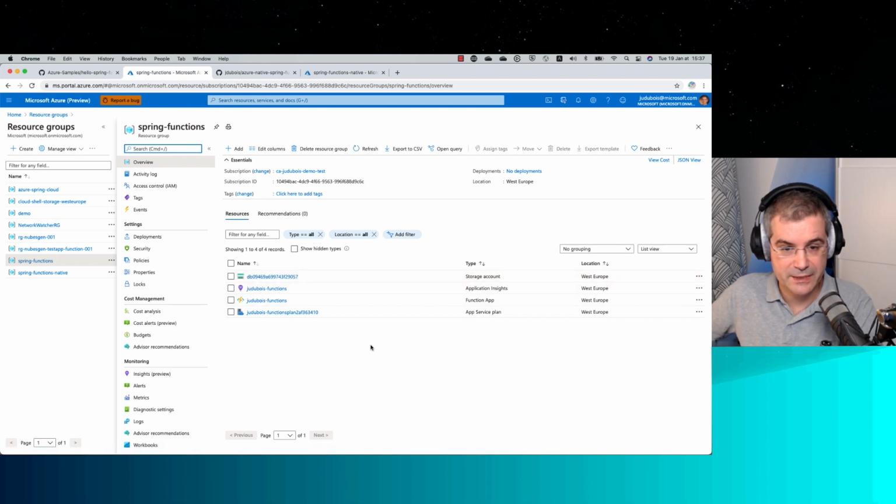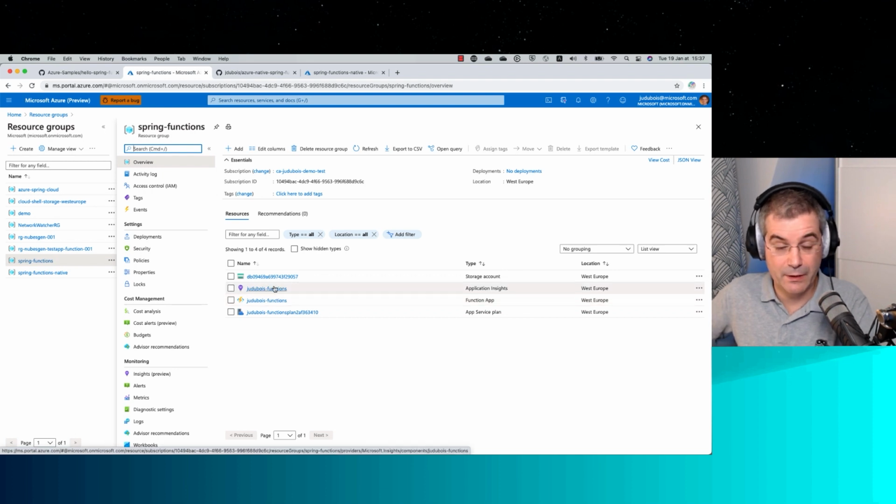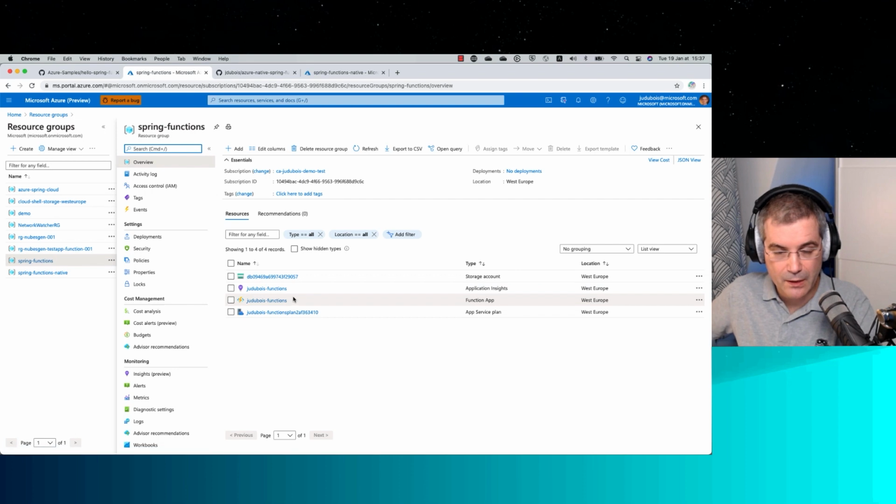It's going to create what we call a service plan. So a service plan is basically how you're going to be billed. Inside that plan, it will create a function, and that function is what is going to be run. And last thing, it's adding Application Insights, which is our monitoring solution to monitor your application. So everything is created for you. You don't need to know about those in order to use them. Then it's better, of course, to learn about them if you want to use them efficiently, but it's pretty easy to get running.